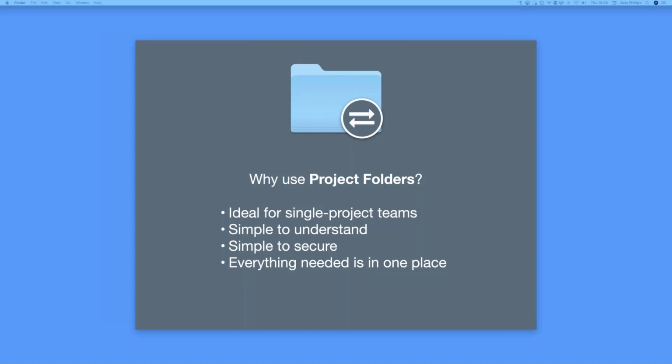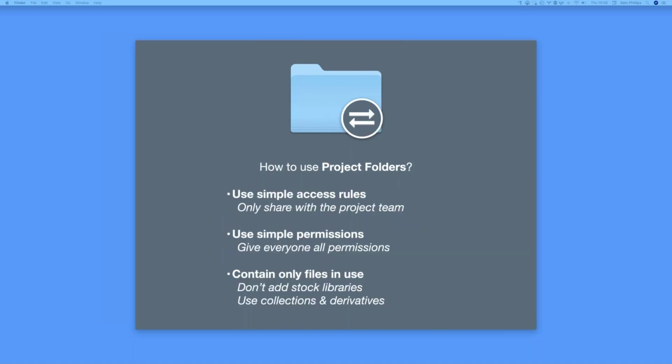So it ends up being a very simple to understand concept. It's very simple to secure, and by secure I mean only you working on it gets to look at it, and other people look at it once it's done. I don't know about you, but I don't like people looking at my work before it's finished. And as I said before, everything is in one place. So with project folders,